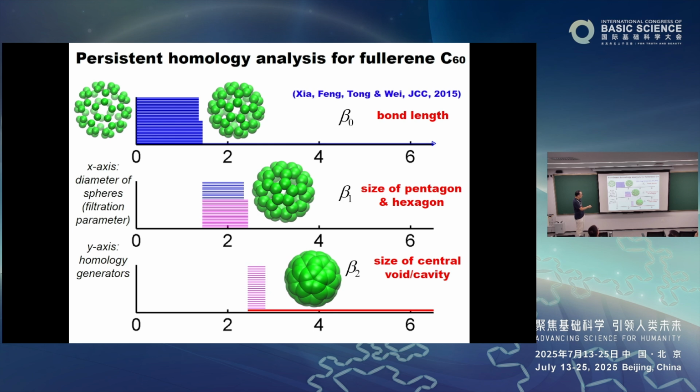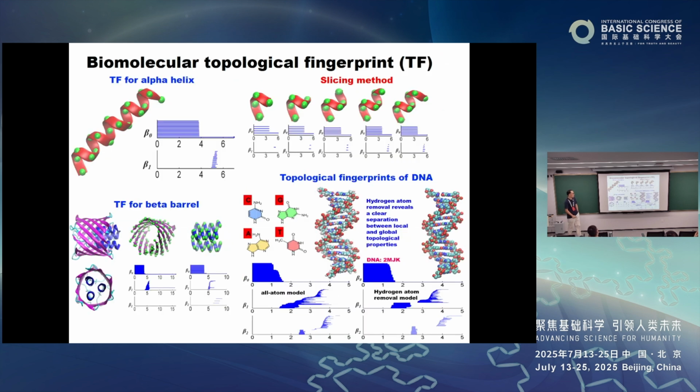And then here, this represents the pentagon, the short bar, and then this hexagon is represented by this long bar here. And then you have a very long bar here just to represent this sphere shape. So that's the information you can obtain. And then if you are checking the molecular structures, you will see that, for instance, in DNA, I have some